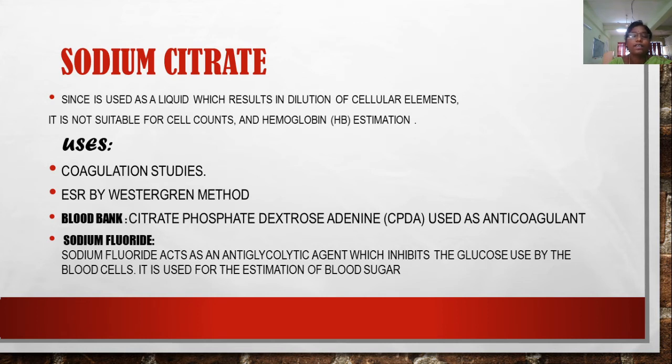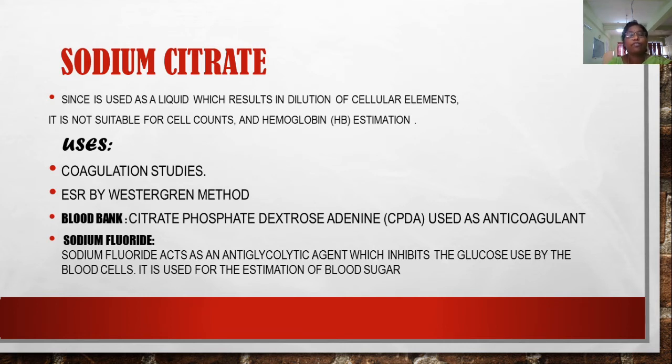But what is the nurse's responsibility? We have to check what type of anticoagulant the tube contains, whether it is an EDTA bottle, a heparin bottle, or one containing sodium fluoride, or we have to add oxalate crystals. Based on our investigations we have to take the anticoagulant tubes. In our hospital we collect whatever anticoagulant tubes are available, as advised by the doctors and suitable to our blood sample.